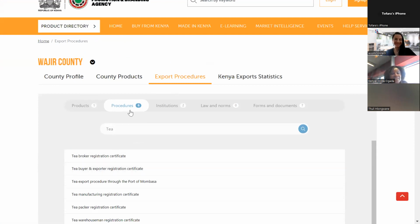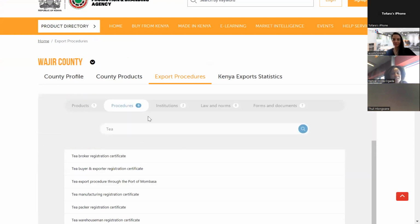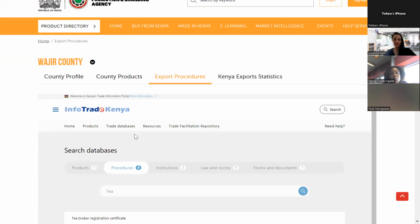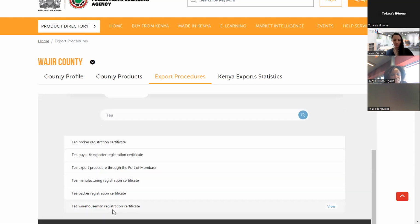Yeah, so that is where you click if you need information about the customs procedures. We are calling them the export procedure. This particular portal is integrated with one of our government agencies called Kentrade. They have procedures for each and every product. So you click on it, there's tea, and it broadcasts the procedures for tea. You see what the exporter needs to export, and what the tea export procedure through the Port of Mombasa is,